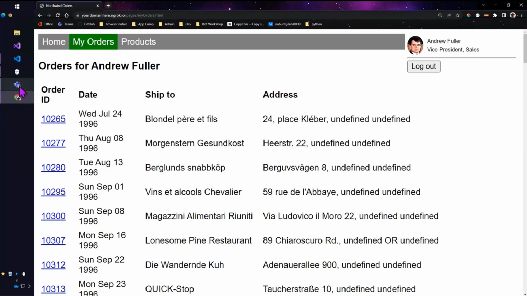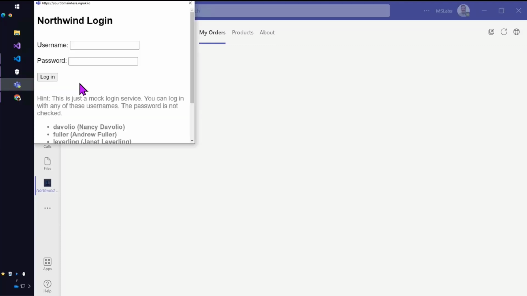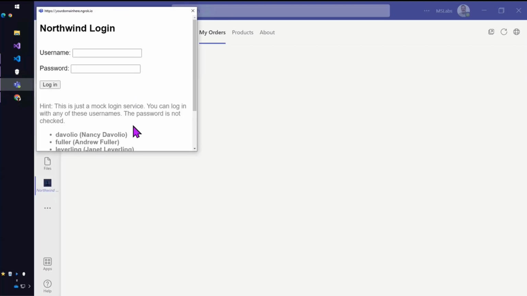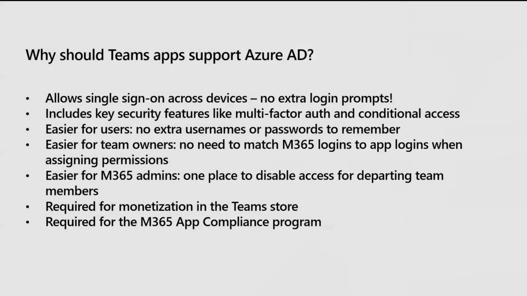The problem is if I go into Teams, I can't get a single sign-on experience. So I have to click a button, and the button is there because it's a pop-up window, and we all know the browser rules with pop-up windows and stuff like that. You have to click a button to get there. And so now I can do the same login, and it works, and that's great. And I could declare victory at that point and be done. But then our presentation would be very short, and our users would probably be kind of unhappy.